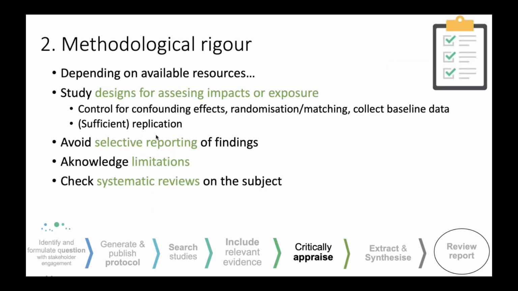Okay, so when it comes to methodological rigor, that obviously also depends on available resources. And as we heard from previous talks, resources in conservation might not always be available or might not always be directed towards primary research. But anyhow, when designing studies that are assessing impacts or exposure, it's very important to control for confounding effects, use randomization or matching for that, and obviously think of collecting baseline data, think of sufficient replication, etc. It's very important to avoid selective reporting of findings. So report all the findings in your study, acknowledge limitations, and obviously if there are systematic reviews on the topic, they could be checked for more information on what is the gold standard method to assess the impact